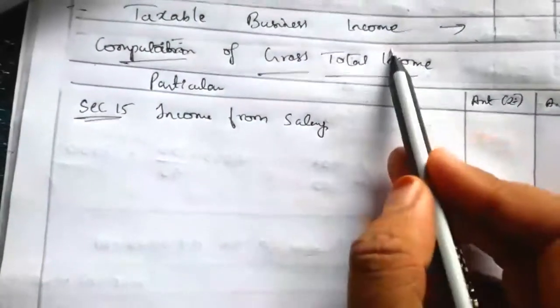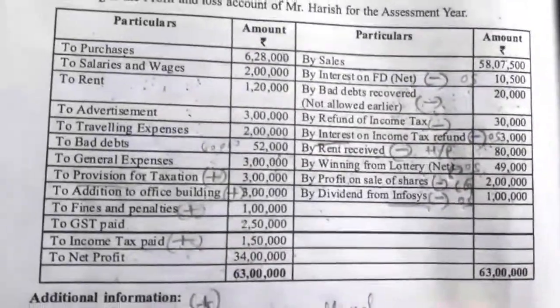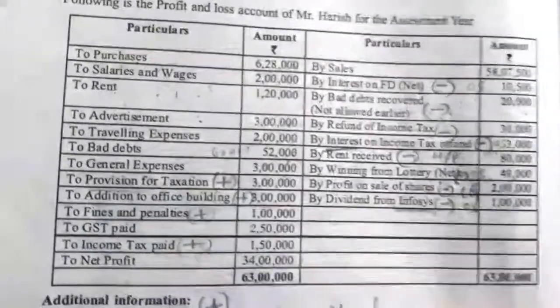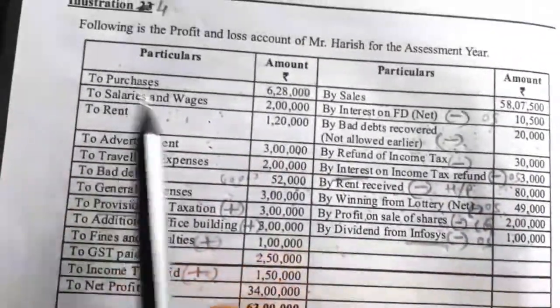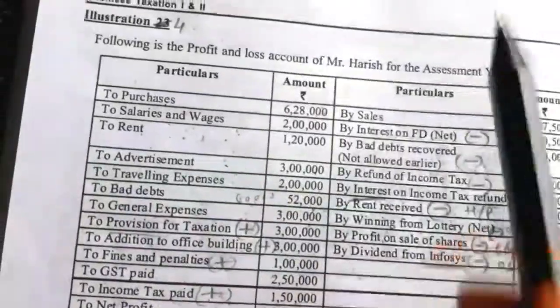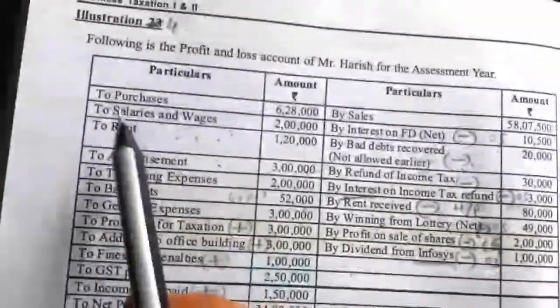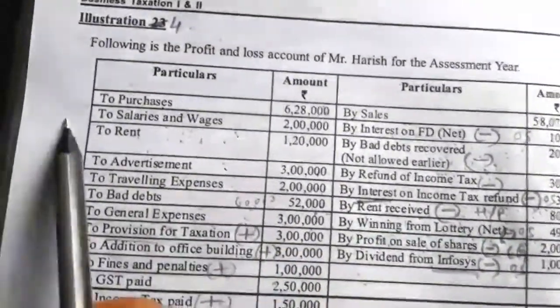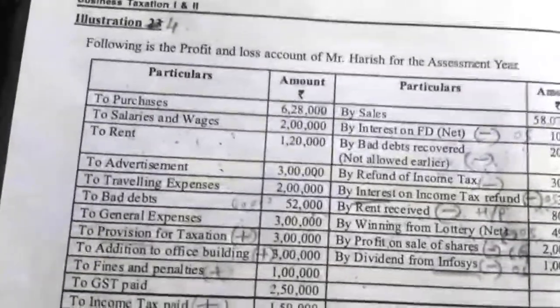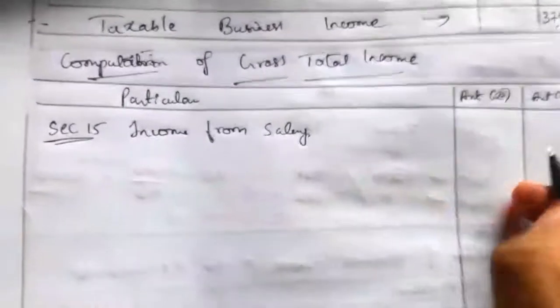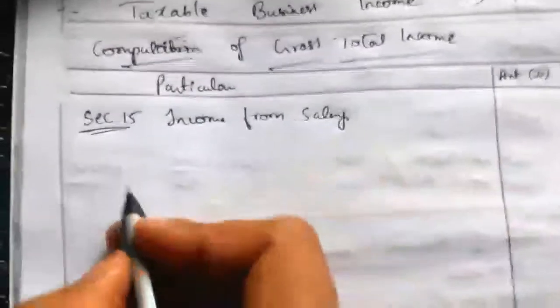So here we are taking the gross total income. So we are taking income. So we have to see only the credit side to record the income items. The salaries given on the debit side means Harish, as a businessman, has given a salary to his employees. It is an expense to the business and it is recorded on the debit side. So that is not a salary income. So here salary income will be nil.